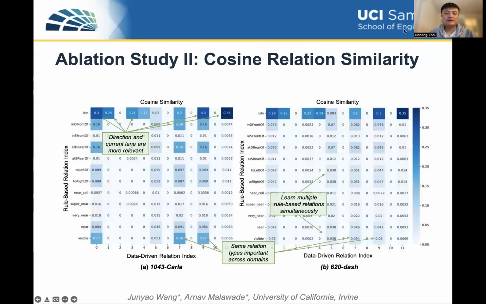And at the last, we also compare our methods to the rule-based methods. This is a heat graph. Each number here represents the cosine similarity. And we discuss three parts of this. Each column here is the relation generated by the rule-based method. We will use the data-driven relation to do the cosine similarity to see if it can somehow be explained by the rule-based method, and we can find out some